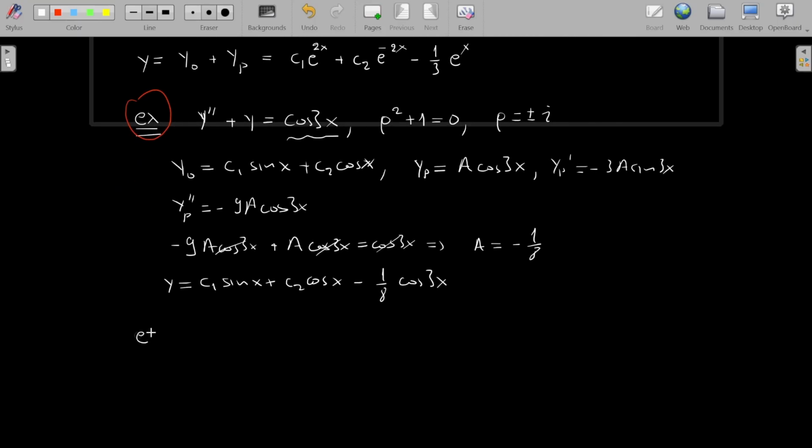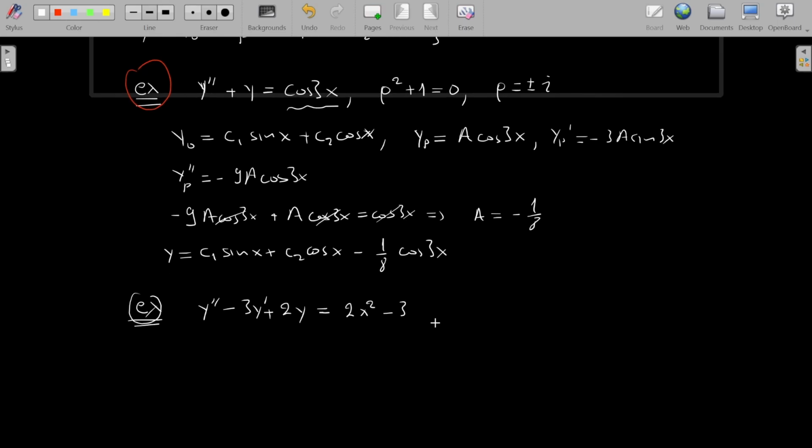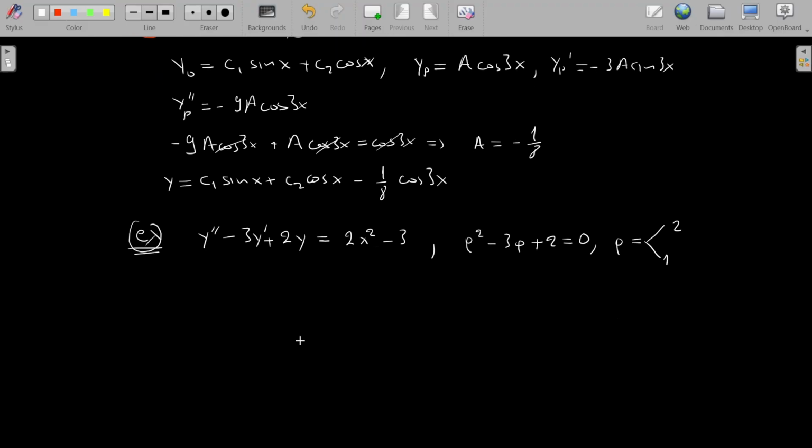Another example. y'' - 3y' + 2y = 2x² - 3. Now, the characteristic equation is ρ² - 3ρ + 2 = 0, and ρ is going to be either 1 or 2 if you solve this. Hence,